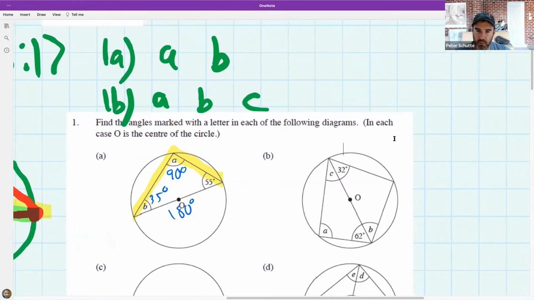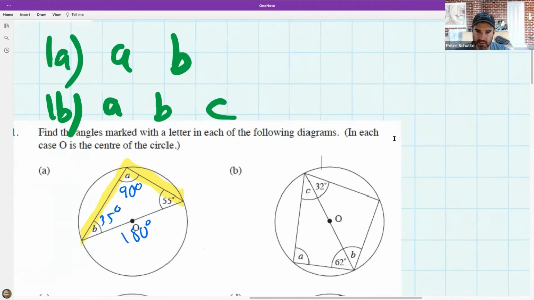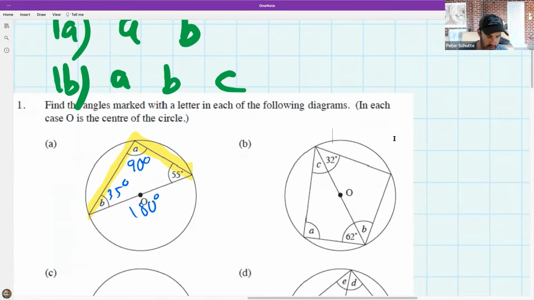Okay, so what about B? What's going on in B? B is a bit trickier. Which one do we know for sure? Well, I know that this is a diameter, so maybe that can help me. I think I know that A is 90 for sure, because A is the angle at the circumference where the diameter is subtending this angle A at the circumference. But now I know this is 90,